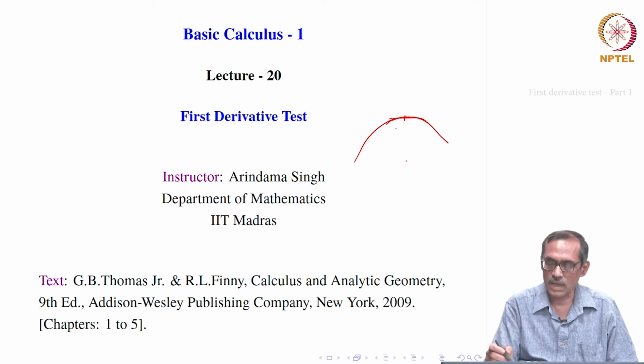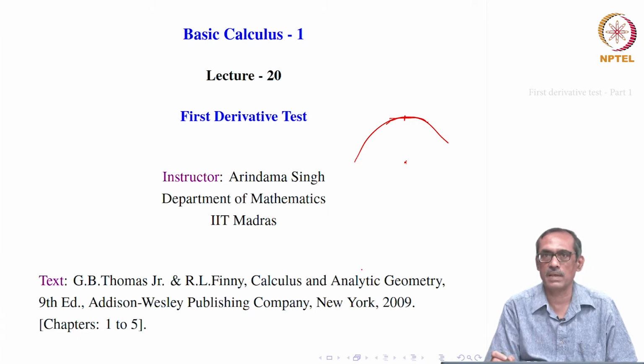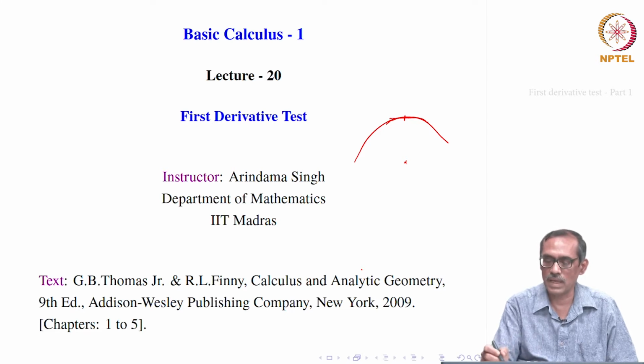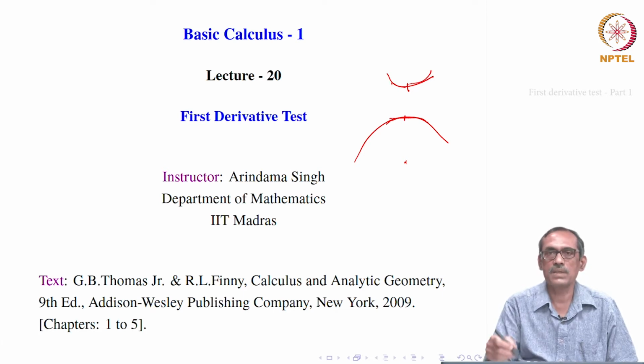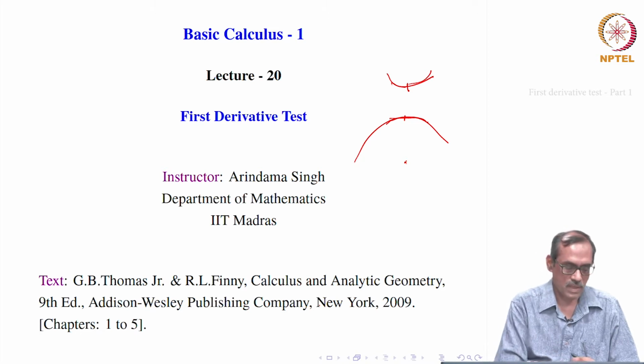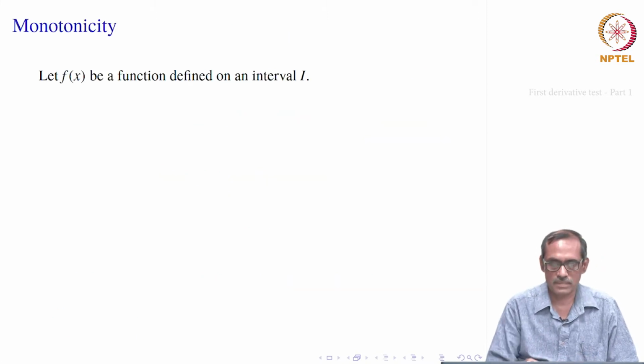So, you must know first how to use the information on the derivative at that point c to say whether it is increasing in a neighborhood of c or it is decreasing in a neighborhood of c. Specifically, we will need something like on the left side it should be increasing, on the right side it is decreasing, or if it is a minimum point, then on the left side it should be decreasing and on the right side it should be increasing. So, we need to know something about the increasing and decreasing nature of functions based on this idea of the derivative. So, let us do that first.